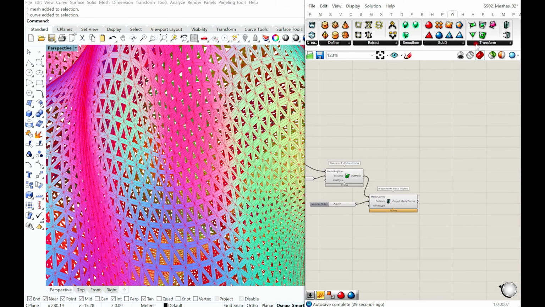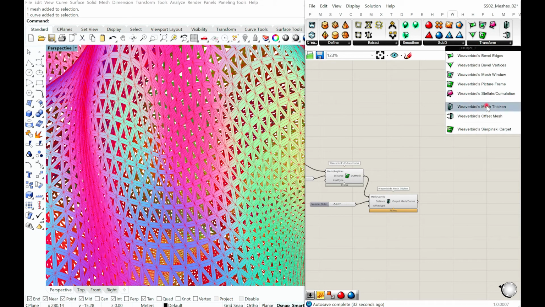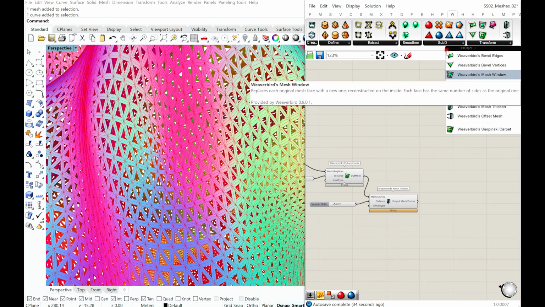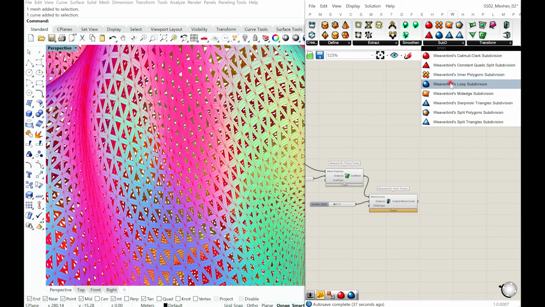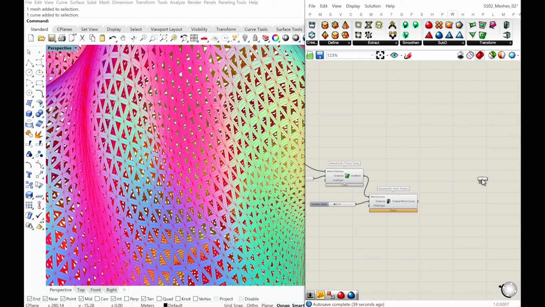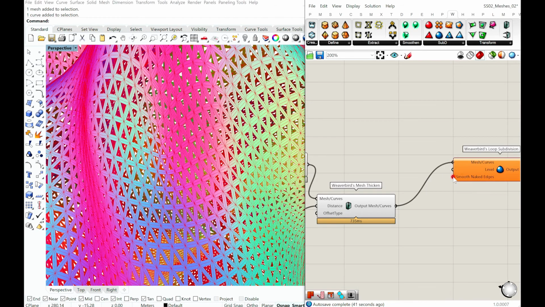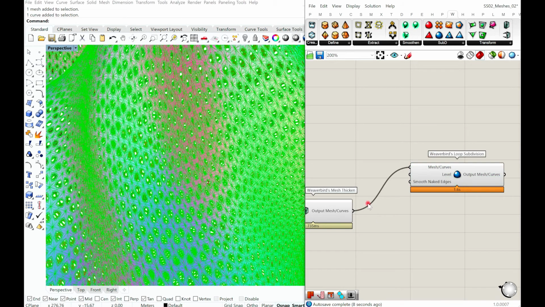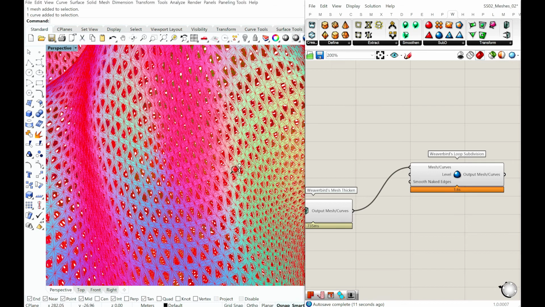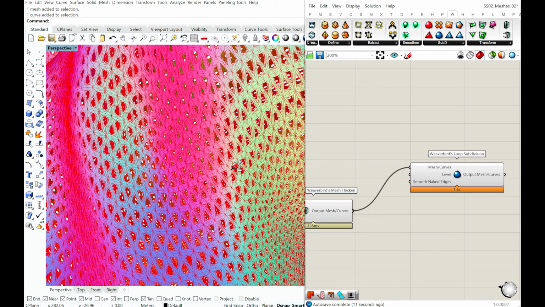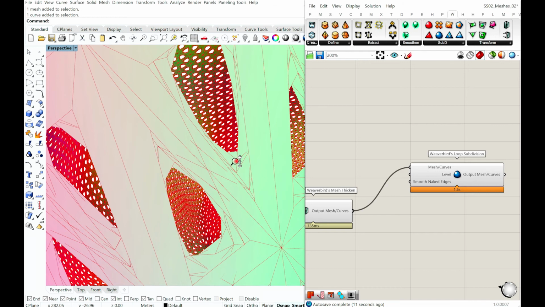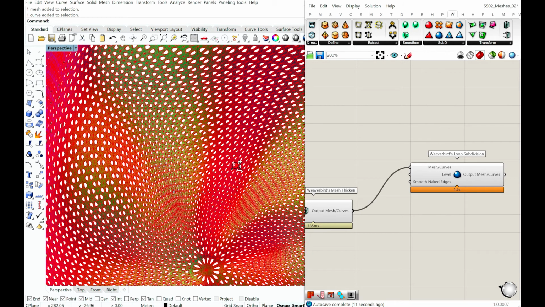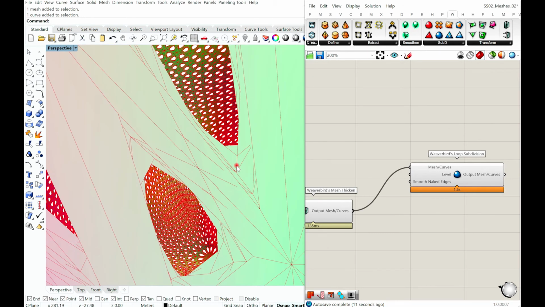And then let's say I decide to smoothen it again, if I use a loop subdivision, it's quite heavy right now, but it has tried to smoothen the entire thing. So now the windows are also looking a little curved.